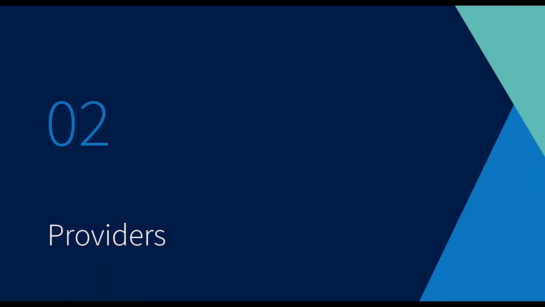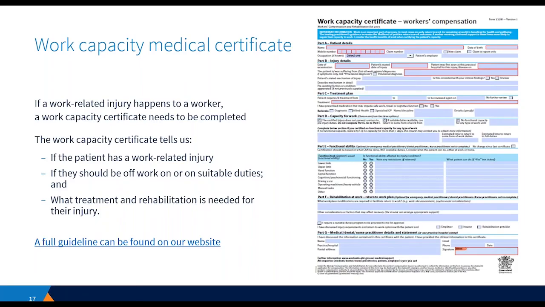In this part of the webinar, we'll be focusing on services we have for providers. A WorkCover medical certificate is one of the most important tools that we use to keep everyone involved in the claim informed about the work-related injury. While it may seem like it's just a form of documentation, it's actually a communication tool. It helps everyone know what the injury is, what treatment is required, if suitable duties are required, and what the expected timeframes are. It is vital that these certificates are filled out correctly so that everyone is accurately informed about where the worker is in their return to work journey and how they may progress, so that everyone can make plans in a timely manner.